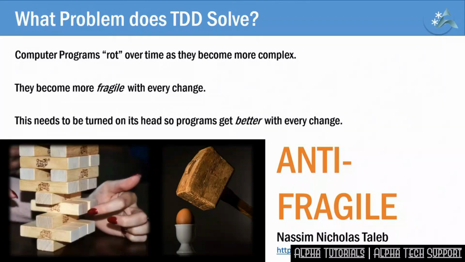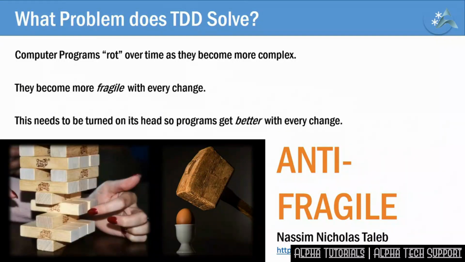Computer programs start their life as a thing of beauty. Then they rot over time like a piece of meat left out in the sun. They become more complicated, multiple developers work on them, they're made to do things they were never originally intended for. Often, with every such change, they not only become worse, they become more business critical. In essence, they become more fragile with every change. Eventually, it's just too dangerous to even think about changing them.